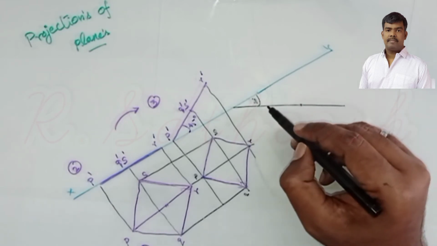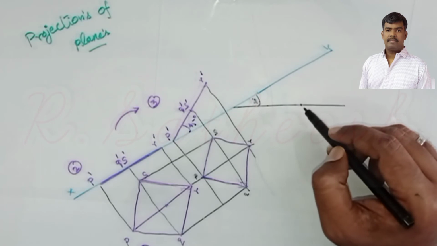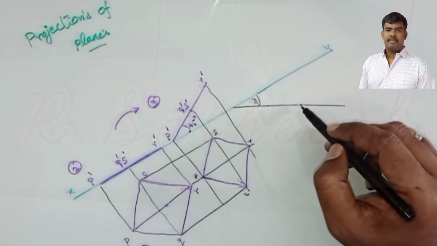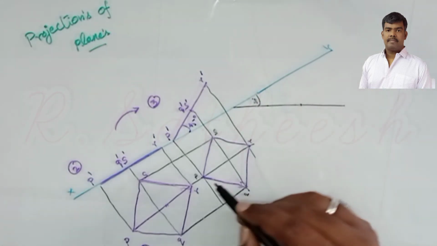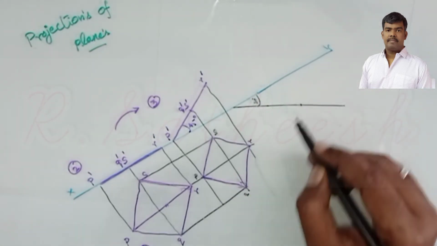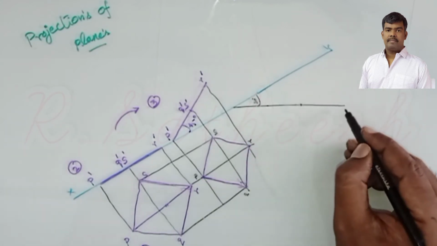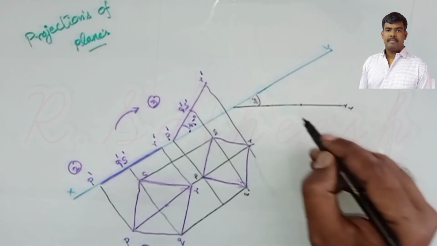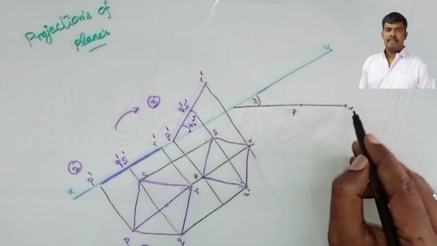If we locate it here, the S point crosses over that XY. So based on that, locate it anywhere, but the total diagram lies below XY. So first this is P. So P to R, how much distance is there? You measure it and mark it here, the same distance, R. This is P and R. The total distance P to R is equal to here P to R.